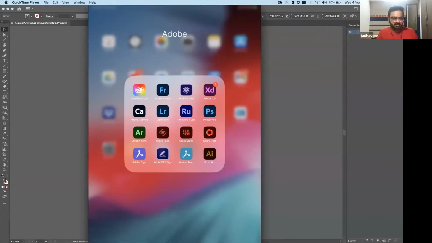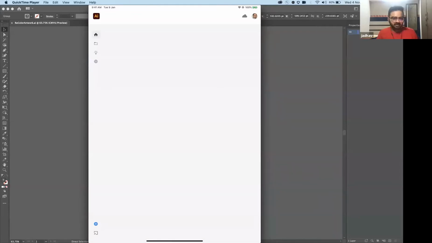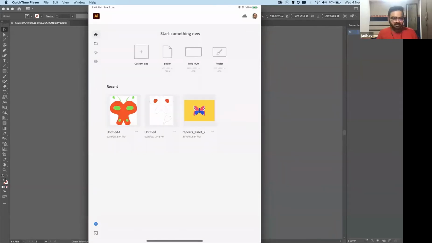If you remember, we also have Photoshop for iPad, right? Where you can actually do image compositing, and that particular file is stored on the cloud. Meaning, if you go back to your Photoshop desktop, you can still access the file that you created on Photoshop for iPad. Similarly, we have Illustrator for iPad. The documents are being saved on the cloud, so that if you come back to Illustrator for desktop, you can use the same file that you created in Illustrator for iPad.